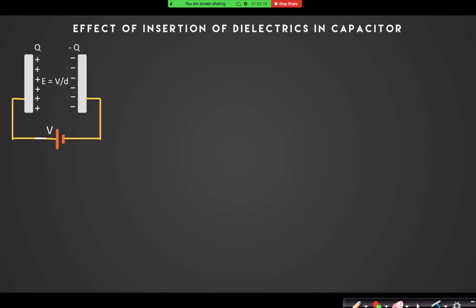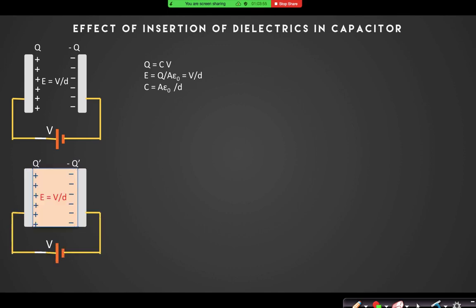For example, you can see here in this diagram, that I have taken a very basic parallel plate capacitor where the charges are plus Q minus Q and the electric field in between them is V by D. Now what will happen if I insert a dielectric? So these equations are known to us: Q equal to CV, E equal to Q by A epsilon naught. Right? Sigma by epsilon naught is the electric field. That can also be written as V by D. Because the uniform electric field is there, I can write V by D. And C from there I can calculate is A epsilon by D.